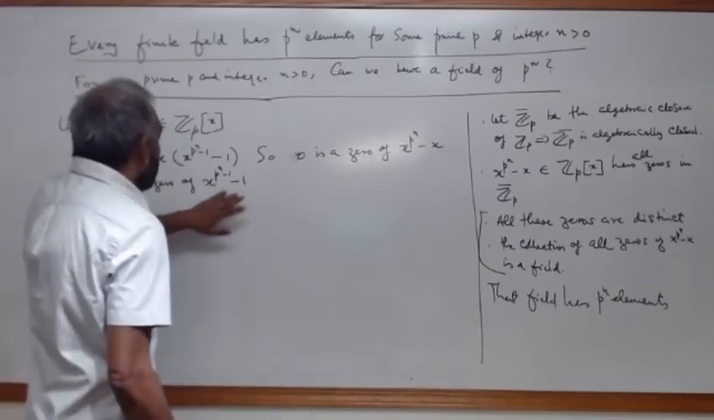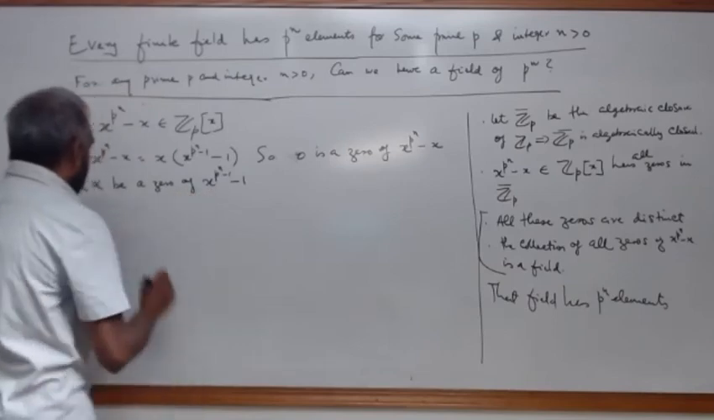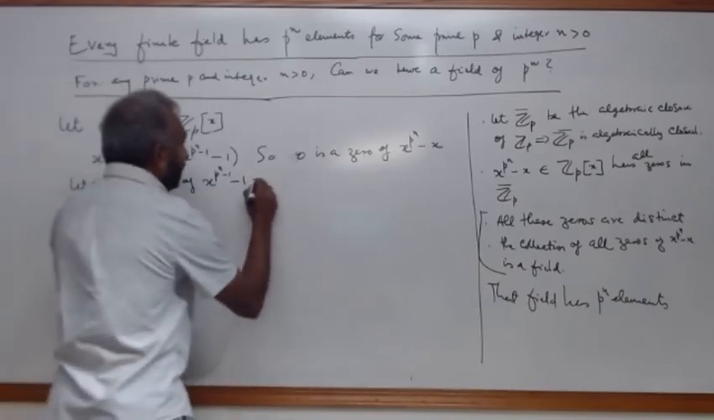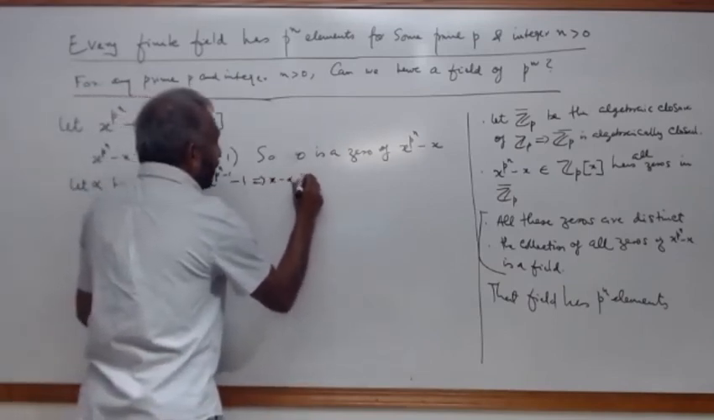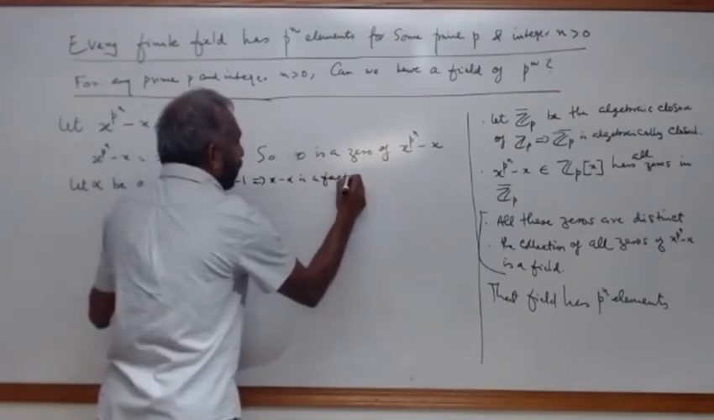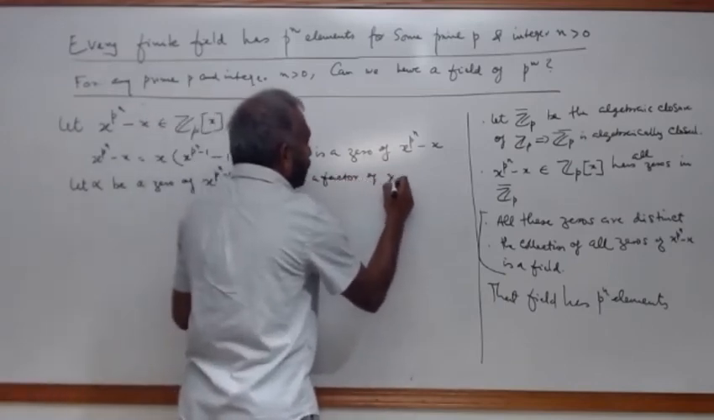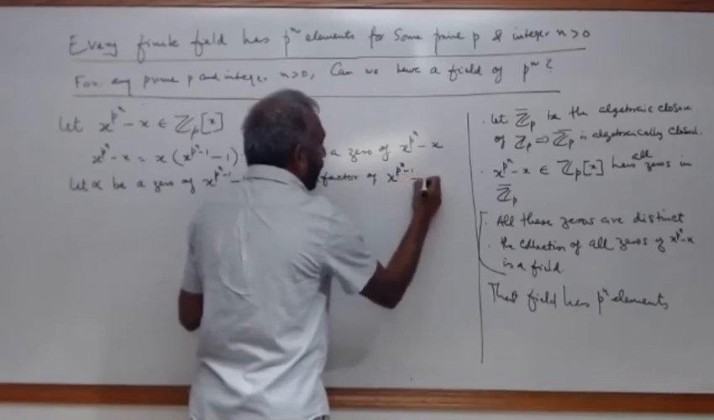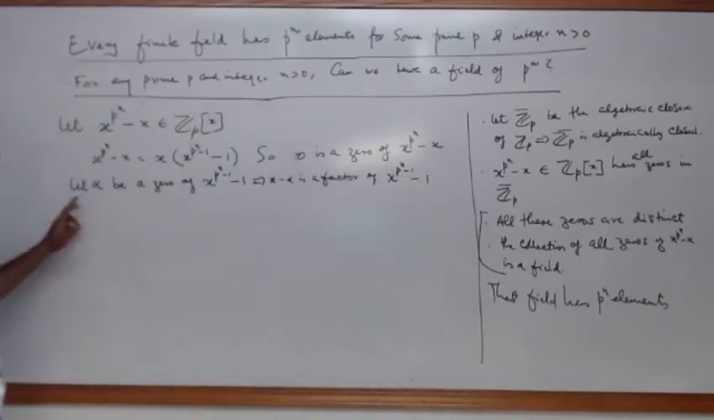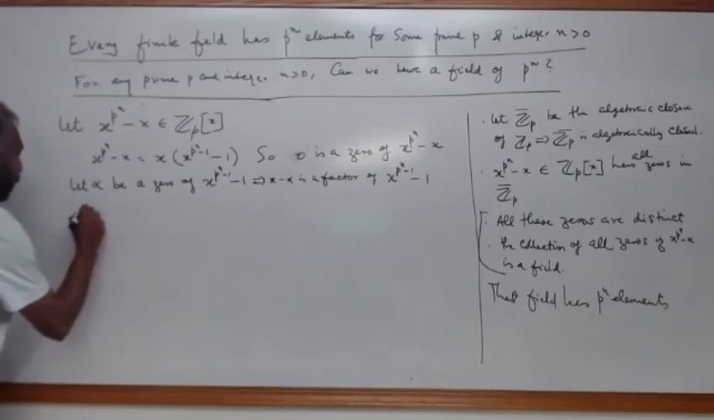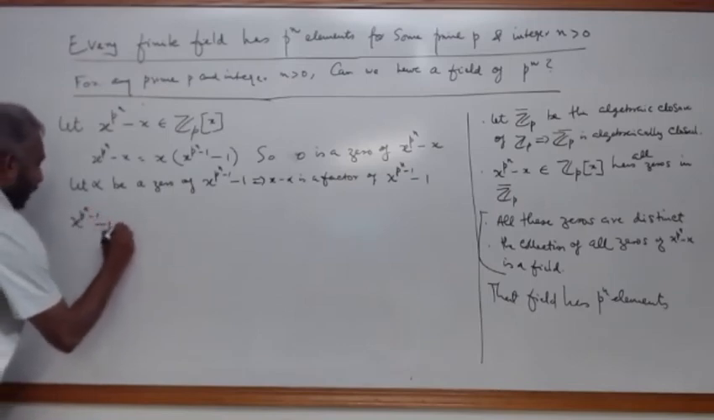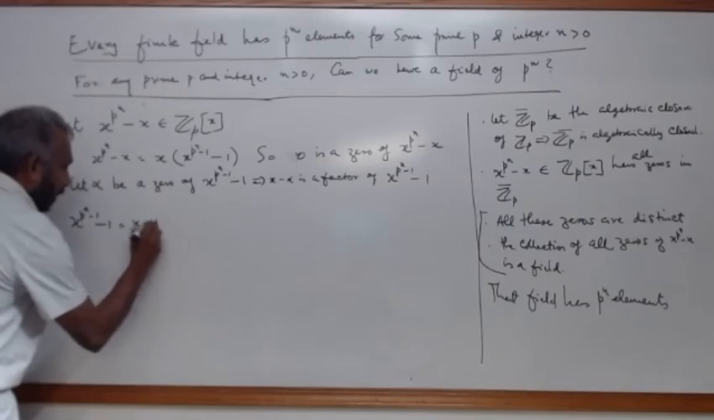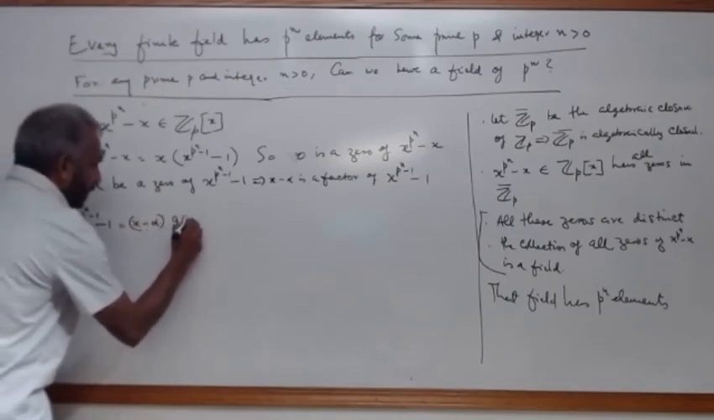So let us divide this. When you divide, that implies x minus alpha is a factor of x to the power of p to the power of n minus 1 minus 1, because alpha is a 0. So x to the power of p to the power of n minus 1 minus 1 is equal to x minus alpha times g of x,